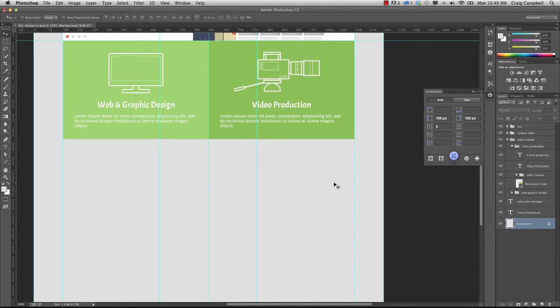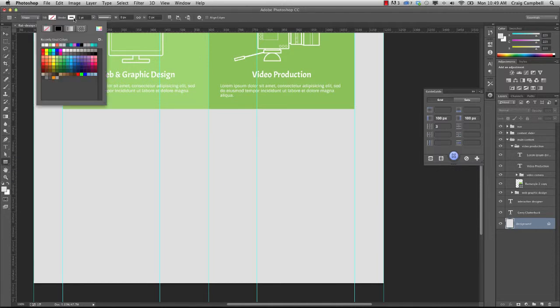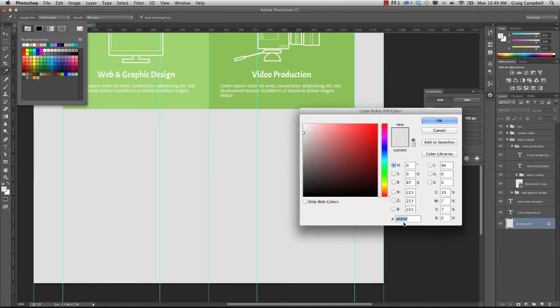So now that we've got our column set up, let's go ahead and put a background on our footer. Now, our footer obviously is not going to be this tall. I just wanted to make it taller than necessary. And once we're done filling in the content, we'll crop our file. But I want to start by creating a rectangle. So we'll go to the rectangle tool. I'm going to turn off the stroke. And for the fill color, we're going to choose a value of